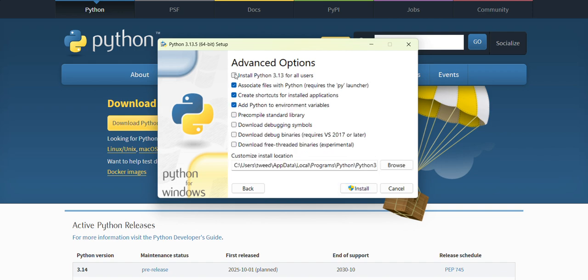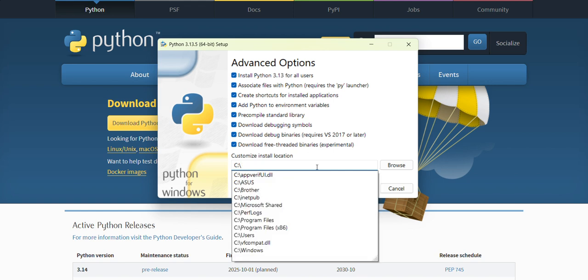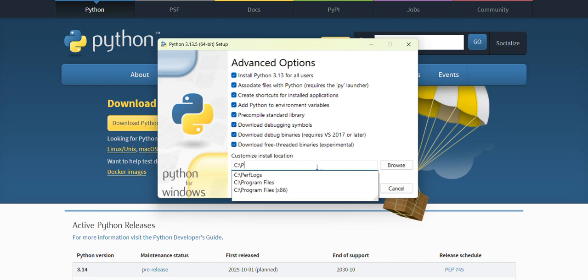And right here, I hit start for all users. You can select everything if you want. I'm going to go ahead and just select everything just to make sure. Then right here is where you want to change some stuff. This is where it's going to put the folder that's going to download everything at. You want to put it here,